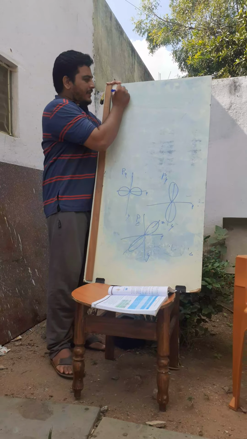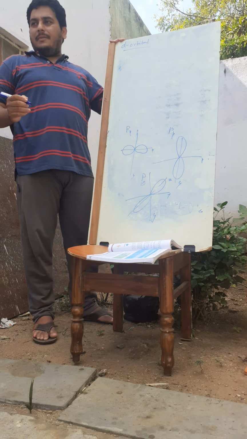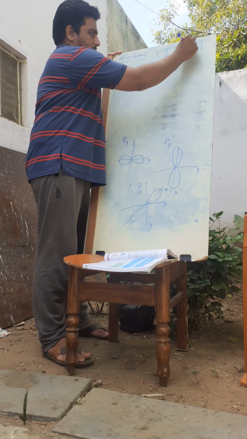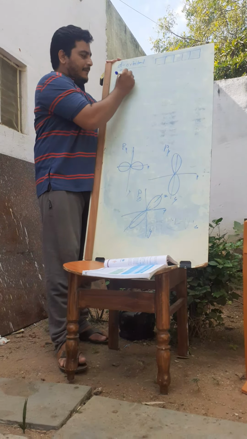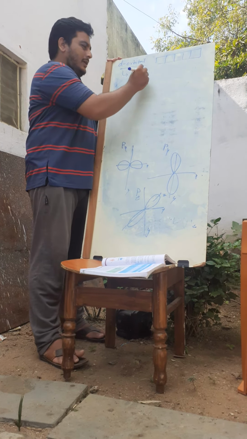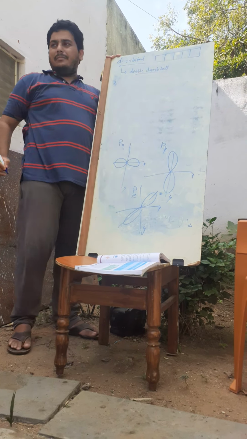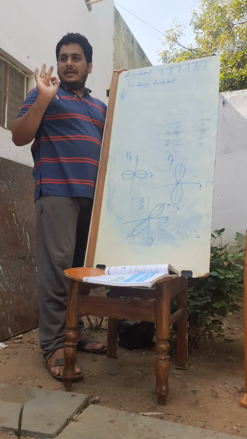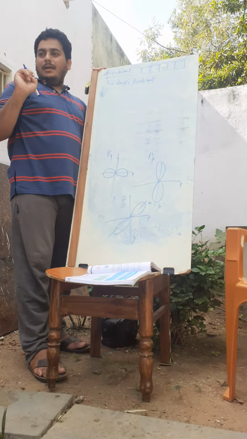First, coming to the d orbital. In the d orbital we have 5 subshells. The shape is a double dumbbell. Note it down. When I talk about the p orbital, only a single dumbbell was there, that's why I said dumbbell shape. Here we have 2, that's why I am saying it is a double dumbbell shape.